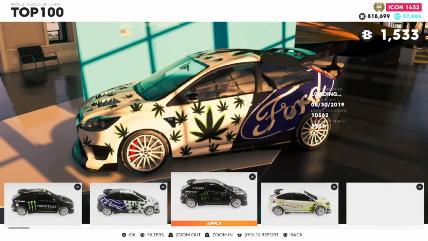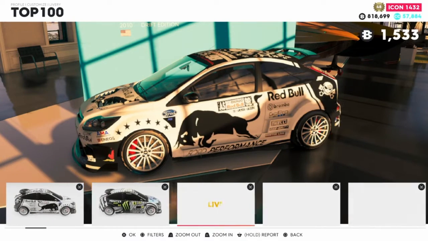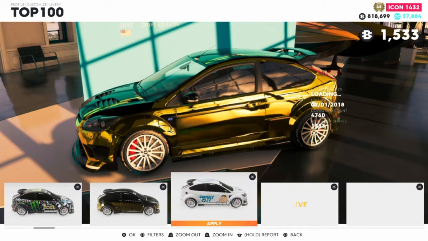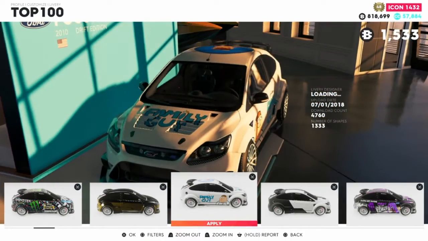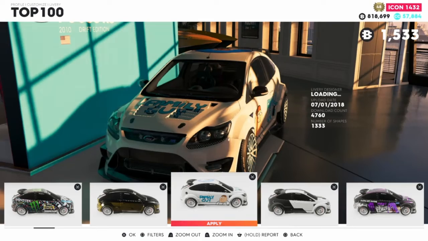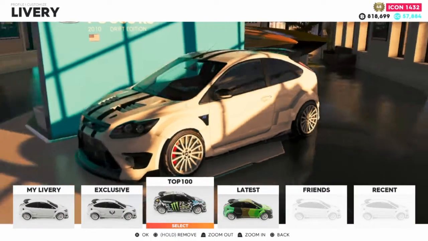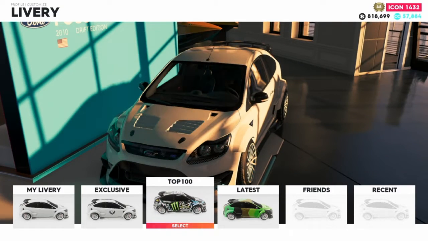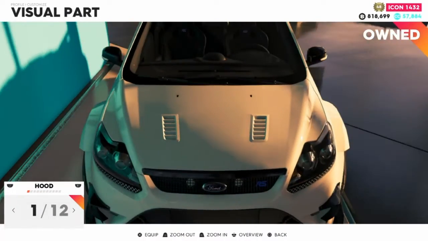There's just a lot of energy drink ones. I mean, it is a drift vehicle, so you can sort of get away with it. But again, I'm sorry, but like no one. It's got 4,760 downloads, so I mean someone wants it. But let's get rid of the stripes and just have a plain white Ford Focus RS, and let's get to